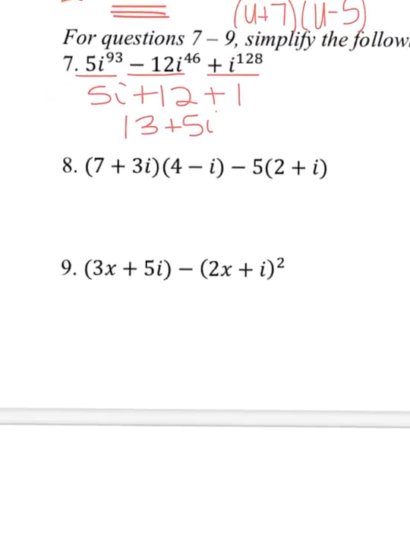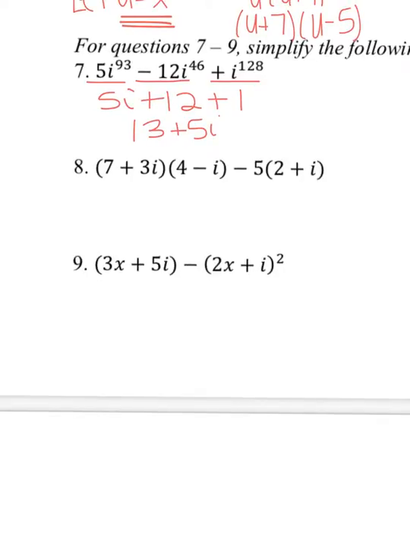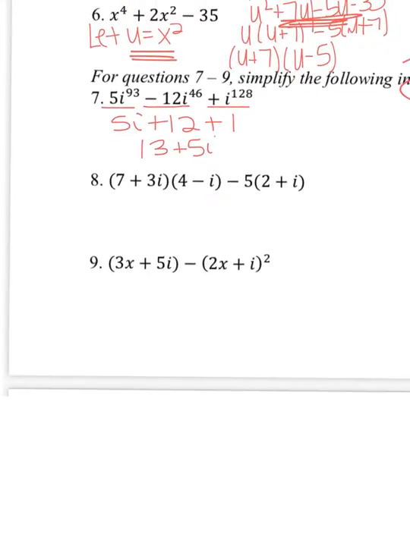For number 8, you can just type into your calculator because there are no high exponents in there, like in number 7, and there are no variables in there, like in number 9. So for number 8, though, I want to show you how to do this by hand, and then just know that you can type it into your calculator to double check it. So I'm going to do 7 times 8. I'm going to have to double distribute. Gives me 28